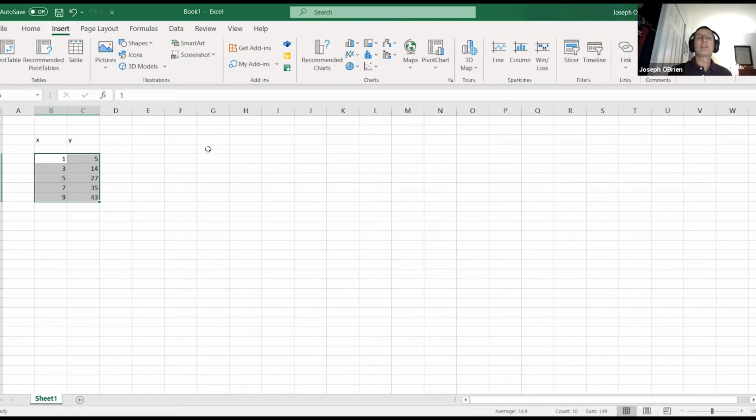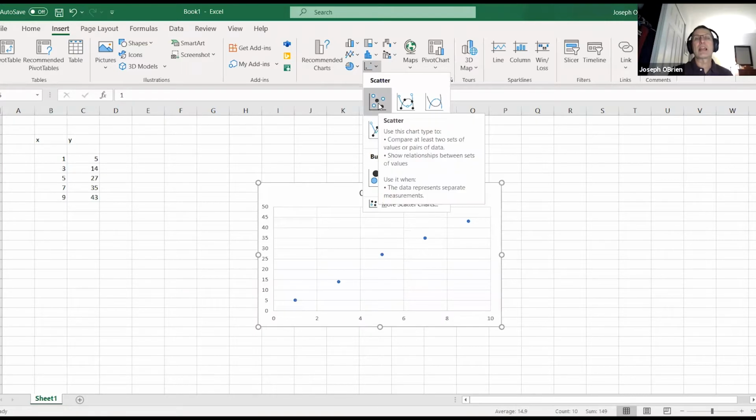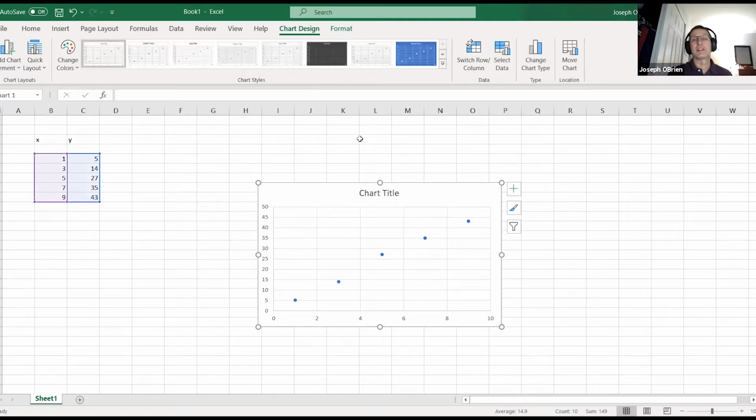So I like to use the scatter plot. If you go to Excel, typically Insert, and then you go to your charts. I like to use the scatter because I try to teach them they're not supposed to be connecting the dots or any of that good stuff. And the one nice thing is, obviously, trying to connect it by hand, the computer will do it for you.